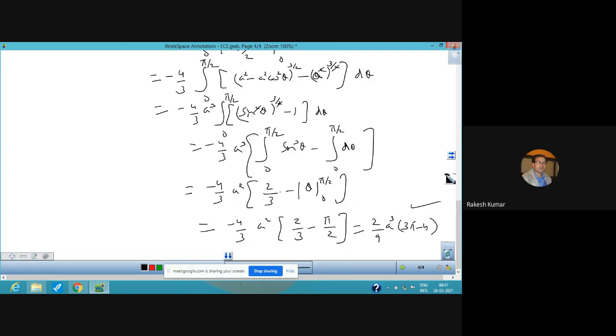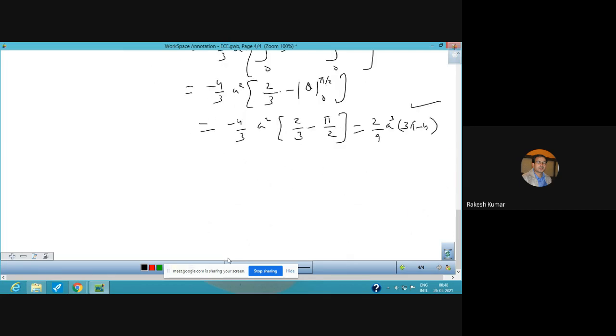So let us move further. Find the volume of the surface by a double integration formula, and find the volume. It is actually like this. Find the volume bounded by the cylinder x square plus y square is equal to 4, and the planes y plus z is equal to 4 and z is equal to 0.